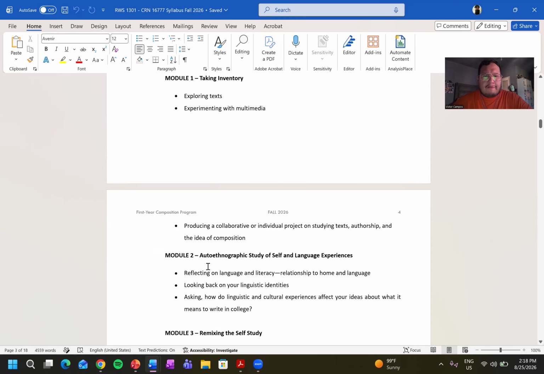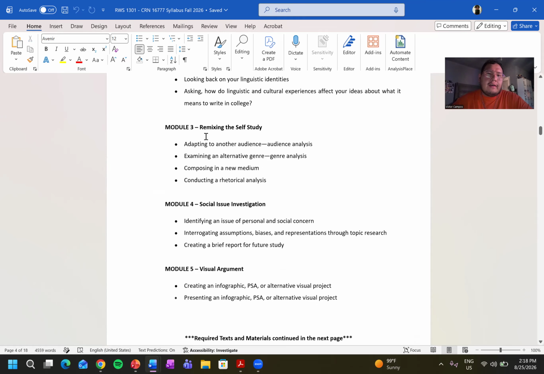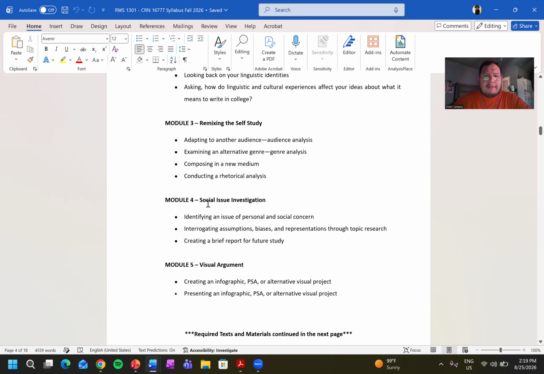Then for module 2, you're going to write a letter, but a different type of letter. More on that later. And for module 3, we're going to be taking this letter from module 2 and turning it into something else, using it to compose in a new genre using the same information. Okay. After that, we're going to be